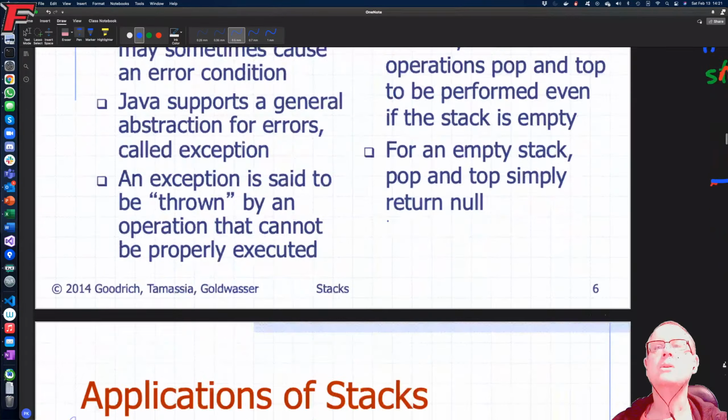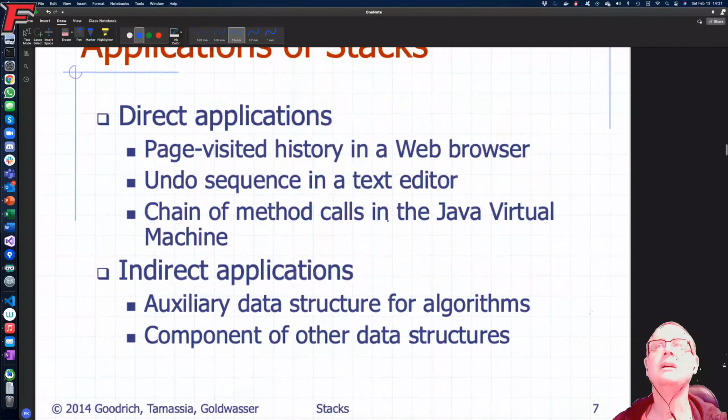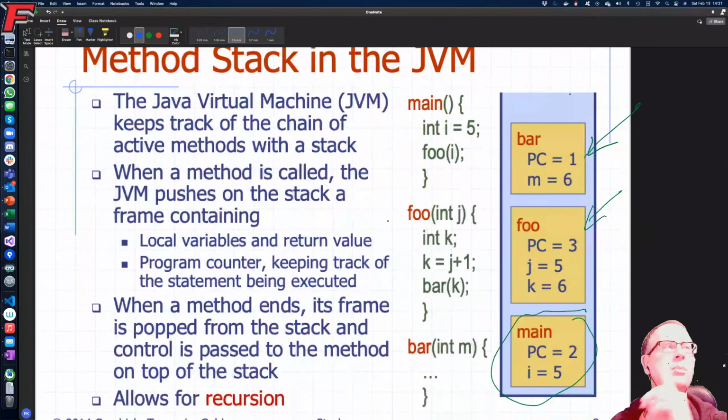Let's just have a quick look through. I think there was some examples. I did want to talk about this, but I'm going to